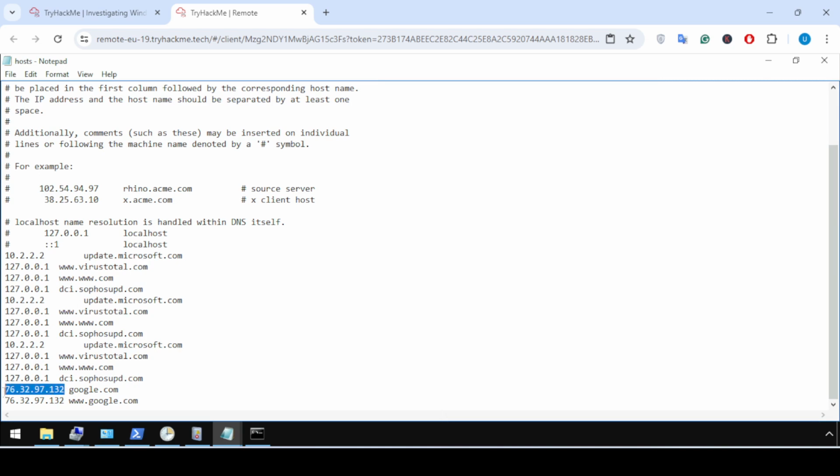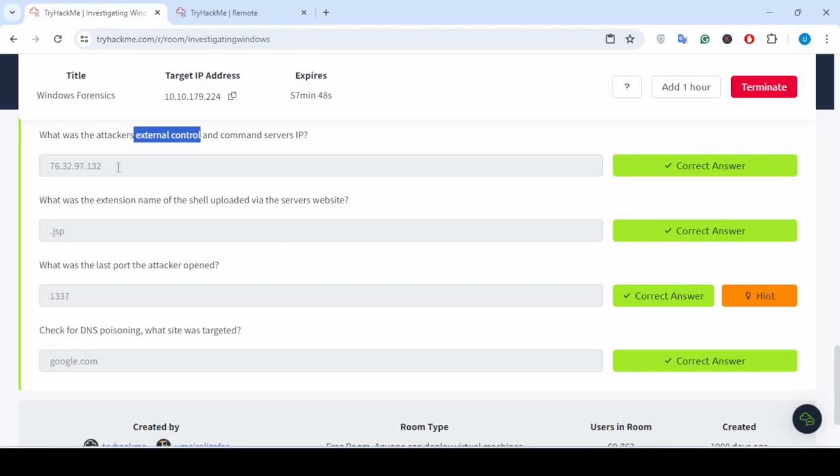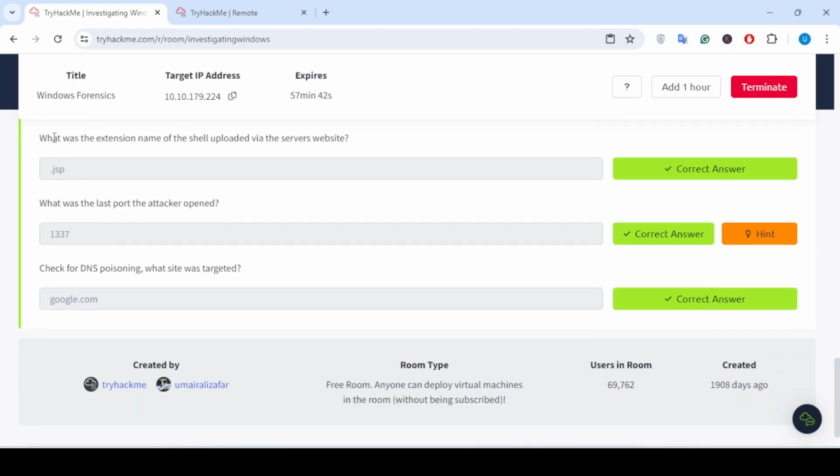This is the IP of the C2 server that is used by the attacker. So the answer of this question is 76.32.97.132.